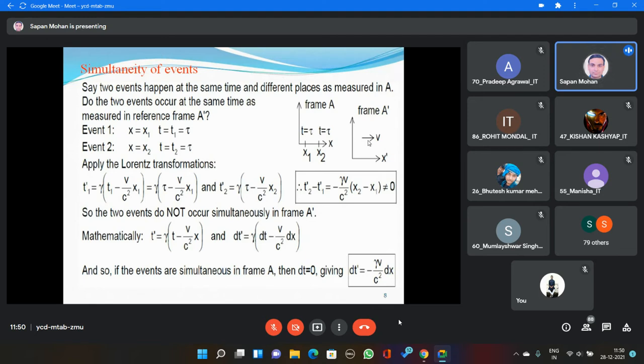Clear? So mathematically we can write t dash is equal to this one and dt dash is equal to gamma times dt minus v by c square dx. So if the events are simultaneous in frame A, then dt will be 0, giving this. There will be a change over there. So this is called the simultaneity of events. Means if two events happened at the same time and different place in one frame,